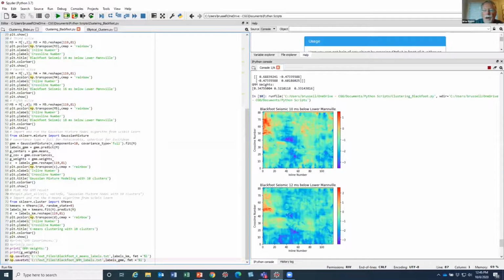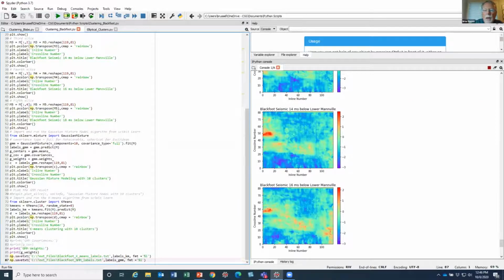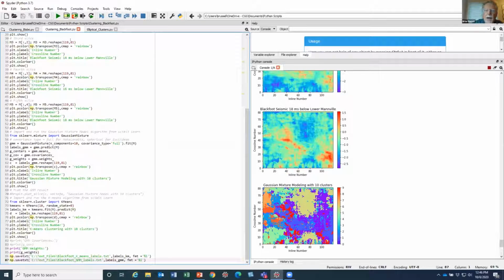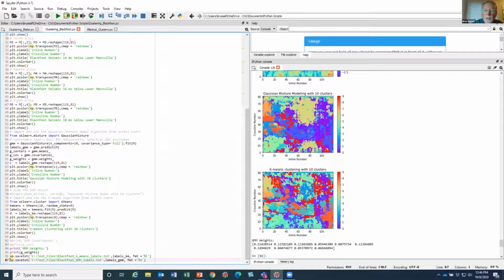So the first 5 plots are the actual slices. And it takes some time. And now this is Gaussian mixture modeling with 10 clusters. And there's k-means with 10 clusters. And what I find is that Gaussian mixture modeling tends to give you more reasonable results. You can see some very nice continuous events there,